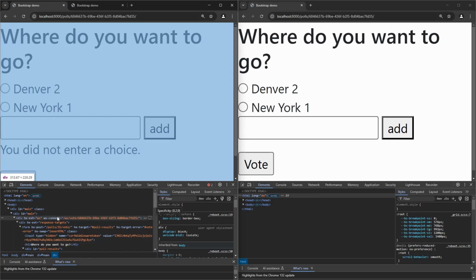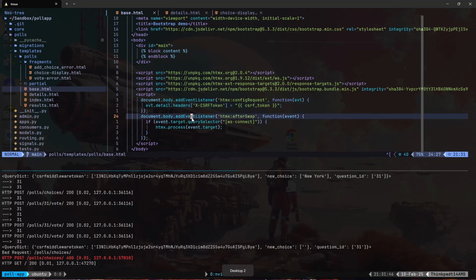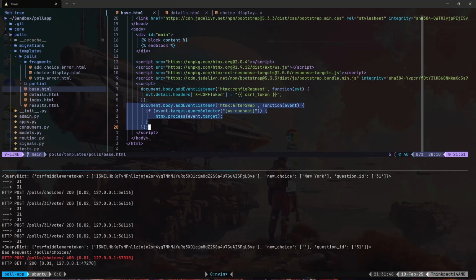So in order to trigger this, you have to use custom JavaScript to trigger the attributes that are in the HTMX. So as you can see in my code, I have another event listener that listens to an HTMX event called afterSwap. And once this happens, then I would basically get the ws-connect attribute and then process the target that's in that event. In this case, it would be